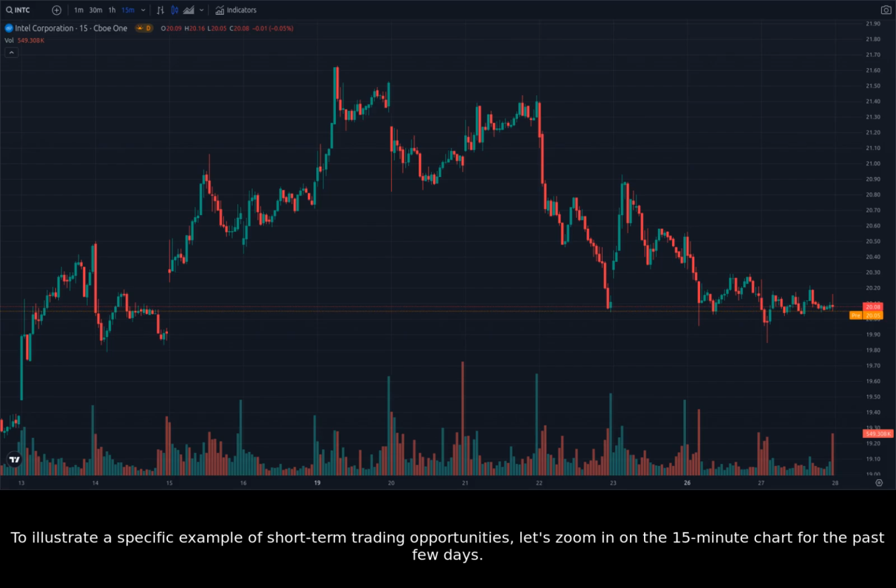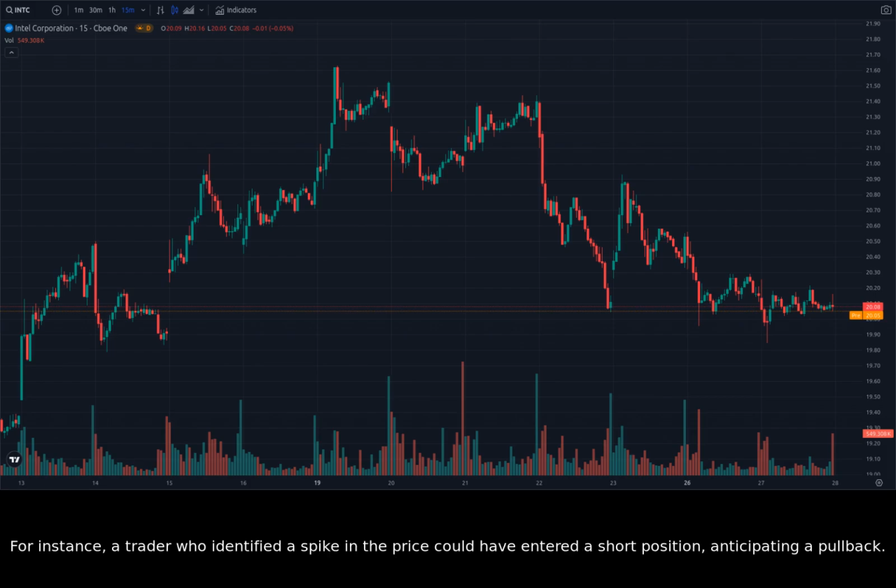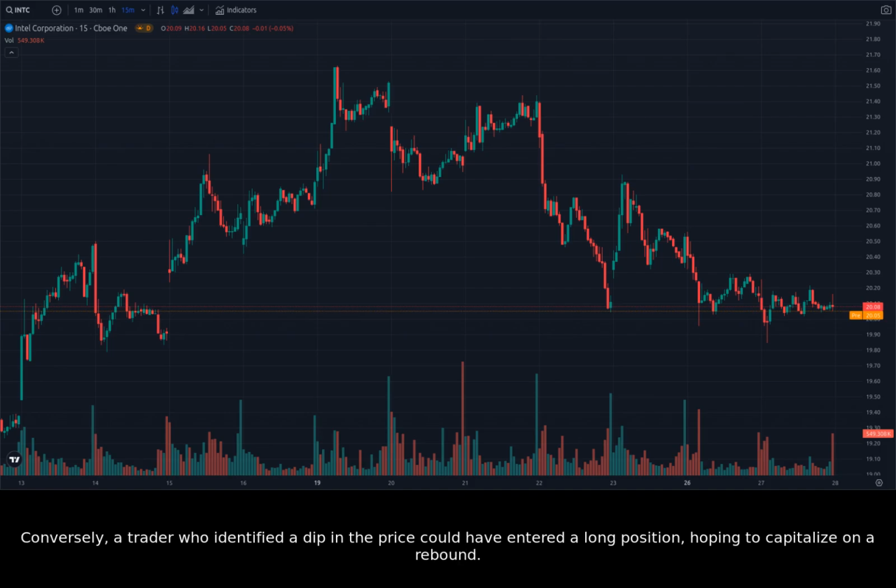To illustrate a specific example of short-term trading opportunities, let's zoom in on the 15-minute chart for the past few days. Looking at this specific time frame, we can see a series of price spikes and dips, which could have presented opportunities for short-term traders. For instance, a trader who identified a spike in the price could have entered a short position, anticipating a pullback. Conversely, a trader who identified a dip in the price could have entered a long position, hoping to capitalize on a rebound. It's important to emphasize that short-term trading is inherently risky and requires a high level of skill, experience,